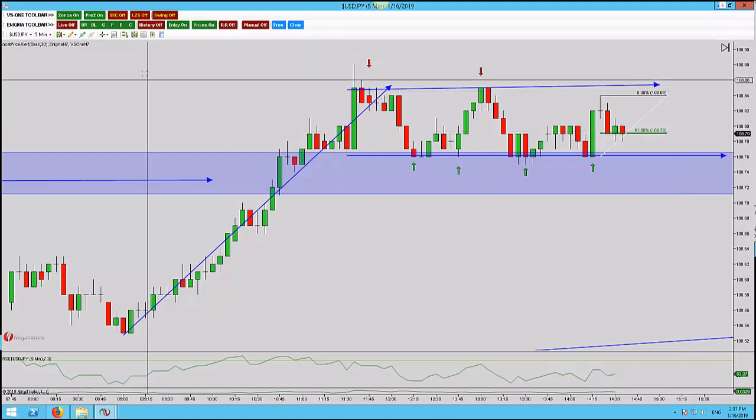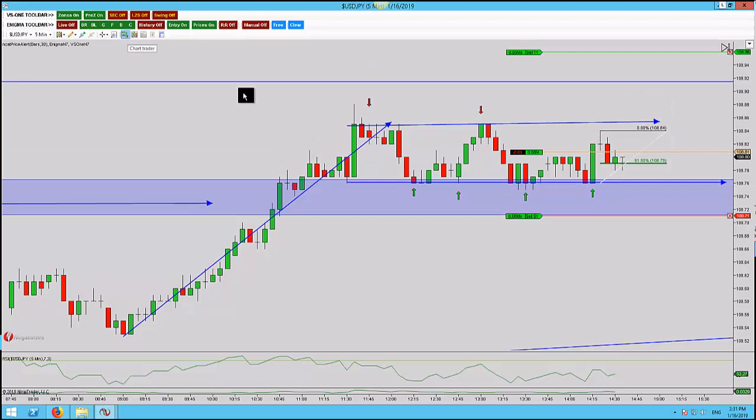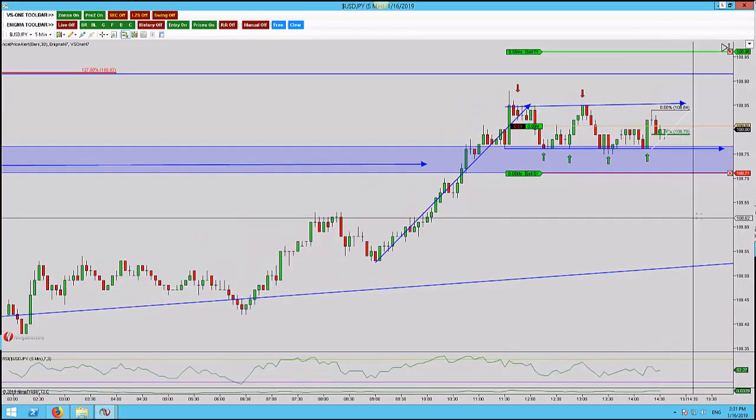That's what I've done. I have been out and only just come back and seen this, so I haven't got a fantastic entry. You can see I'm just above that 618 there, but I've used that as the confirmation and got involved with the trade. So if we zoom out,